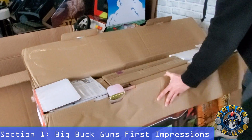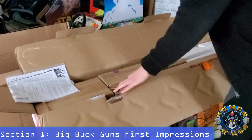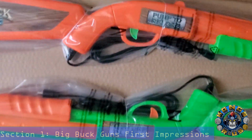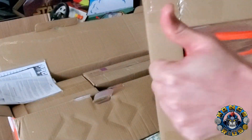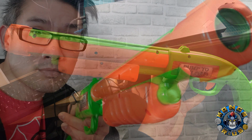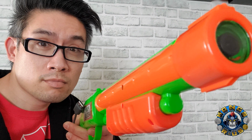When I got my big buck world, the first thing I did was pull out the gun to check out the quality. I was super excited to see Arcade1Up's first attempt at a light gun cap, and when I finally held them in my hands for the first time, I was definitely disappointed. It felt a little cheap, almost like a toy gun from the 99-cent store, and immediately I had concerns that